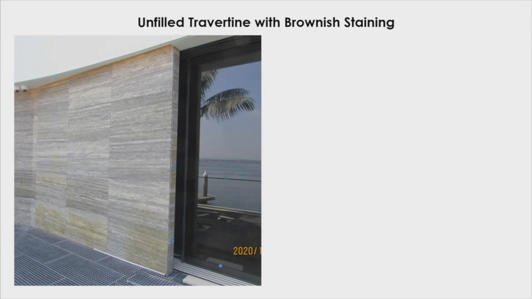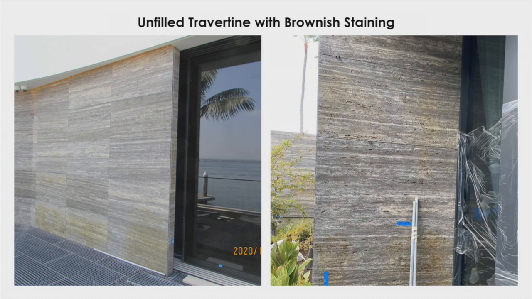And if you look here, you can see in this area you got this brownish yellowish staining that occurred. Now this is a travertine. I think it's like 2 foot by 5 foot pieces. It's 3 centimeter thick. That's 1.25 inches. And it's an unfilled travertine, meaning within the surface of the stone you've got open